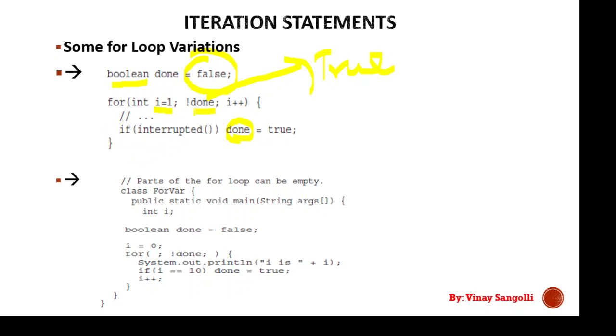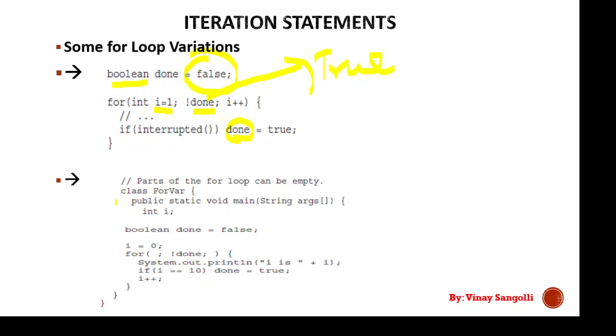There is a small change here. They have not defined any less than, greater than or equal to statement. They have just written not of done. If not of done is equal to true, then it will go ahead with the execution, and if it is false, it will stop. Okay, so this is a small change.